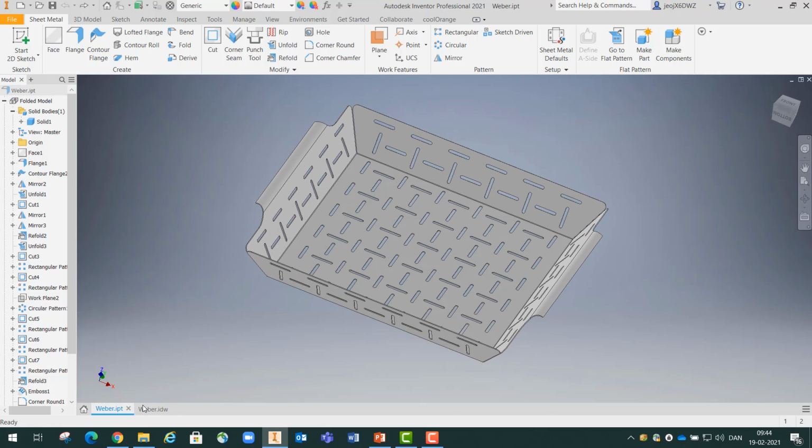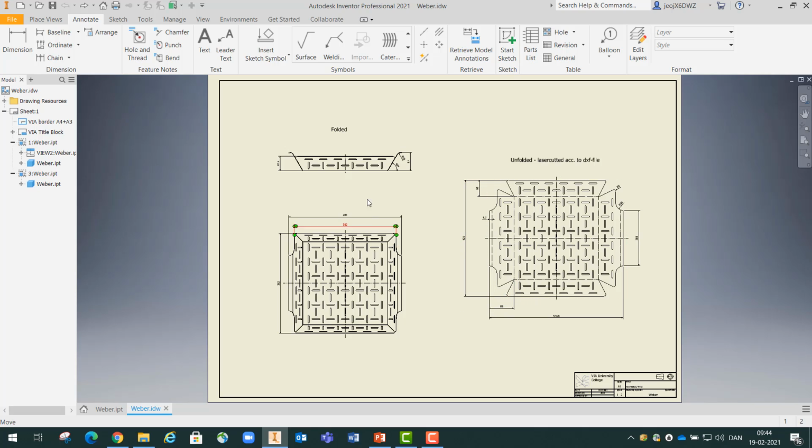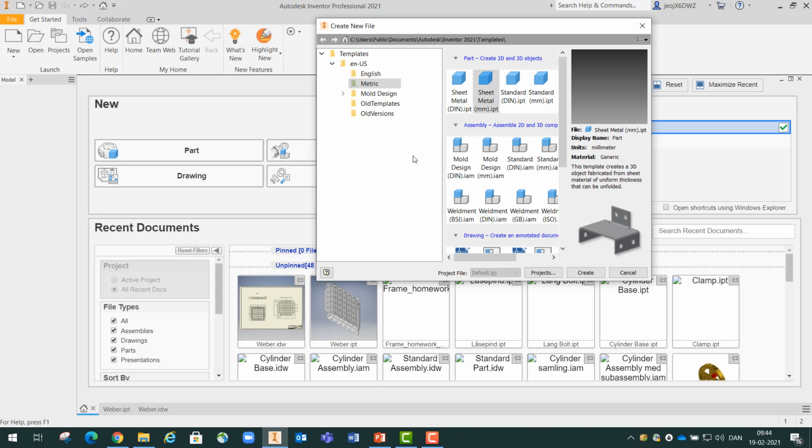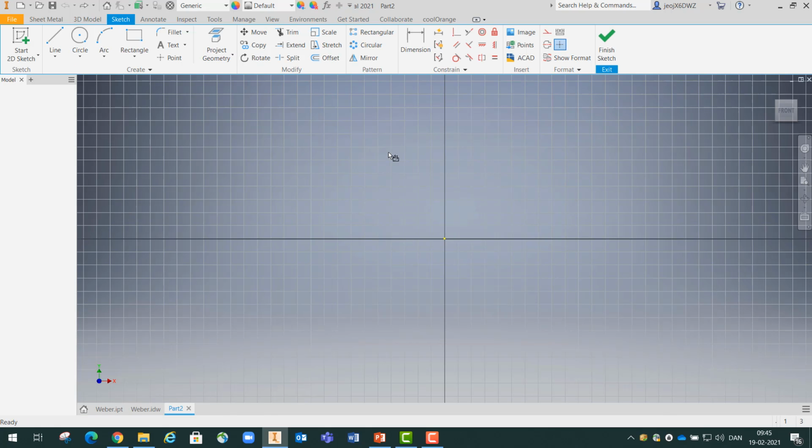So something like that, and also I think I've done a drawing of it, where we have the folded one and the unfolded one like that. But let's have a look. I'll start from scratch, creating a new one. Remember, when you start up, if it's a simple part, we can use the shortcuts on the front page here. Here, I want to create a new one because I want to use the sheet metal template. So open that one, move into the sketch mode,